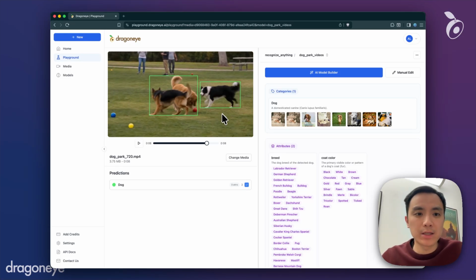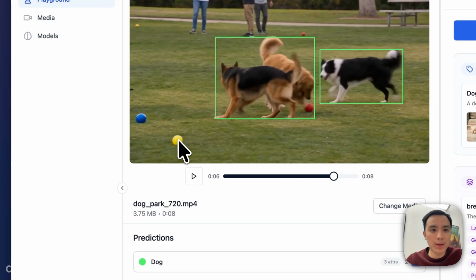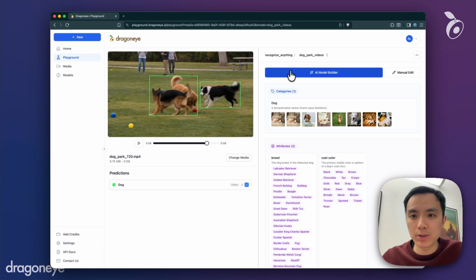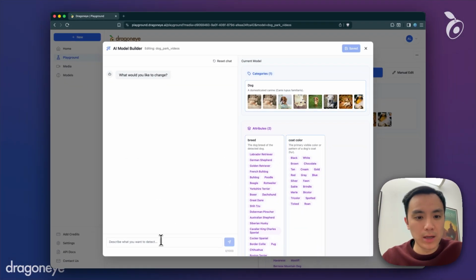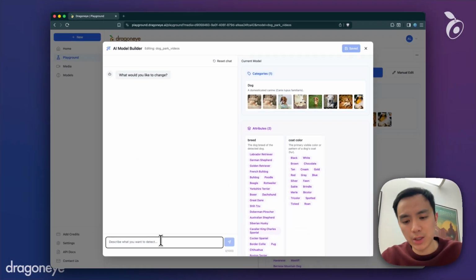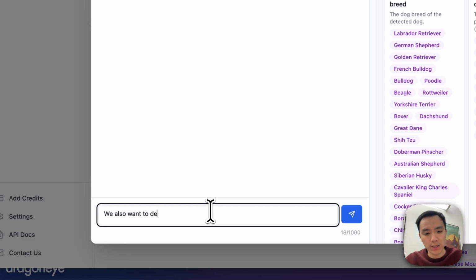Let's say we wanted to edit it to add detection of these plastic balls that they're playing with and also the people that are walking around. So we can go ahead and do that. We just head back into the AI model builder here. It'll ask us what to change, and we also want to detect